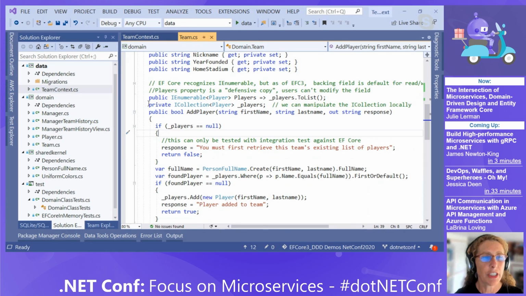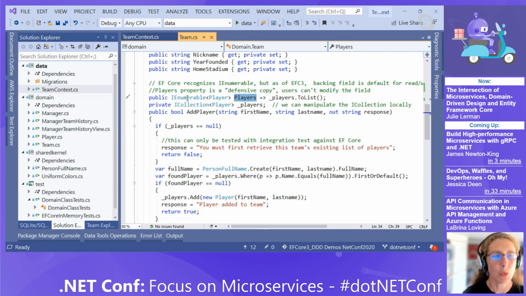So what I'm doing here is I have a collection of player objects, right? I'm not exposing the collection. And notice this is a field anyway. So the players property is an IEnumerable. So people can access the players and they can read them, but they can only enumerate through it. They can't add players to it and they can't remove players from it. However, as they're enumerating through it, they could grab a player and edit it.